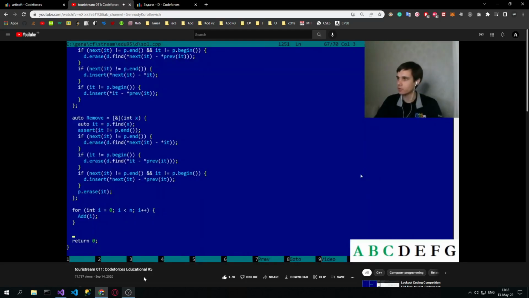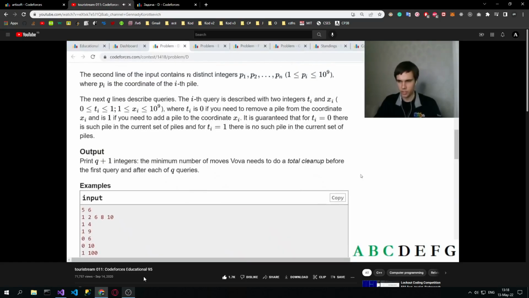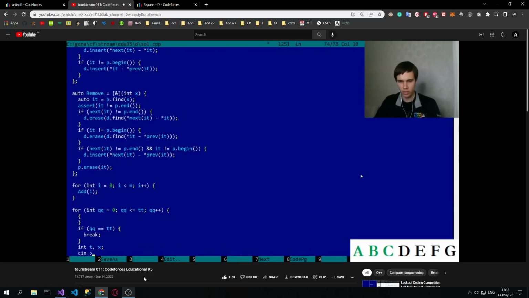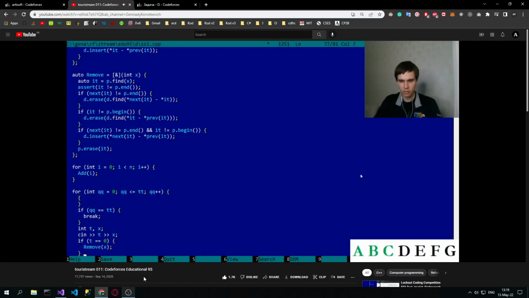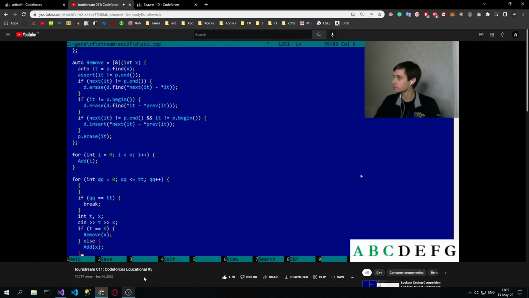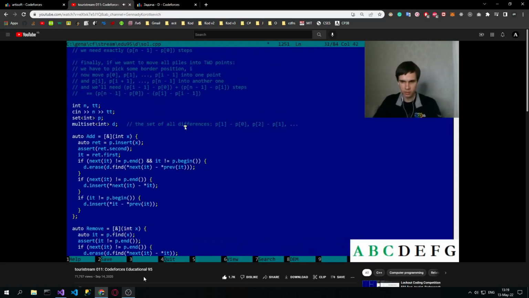Okay, so we have added all the stuff, and now we have to answer a query, and then sometimes we need to make changes. Changes are easier to handle, so we are given t and x. So if t is 0, we have to remove x. Otherwise, we have to add x. And here we need to answer a query. So once again,